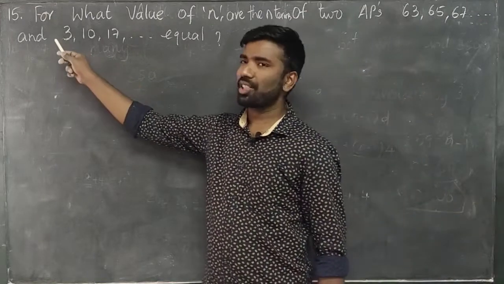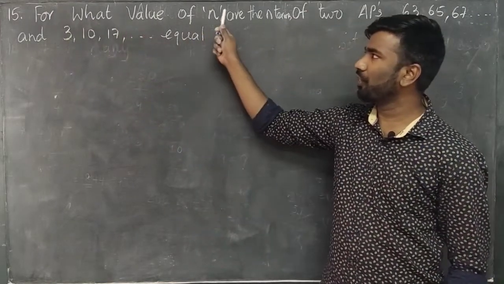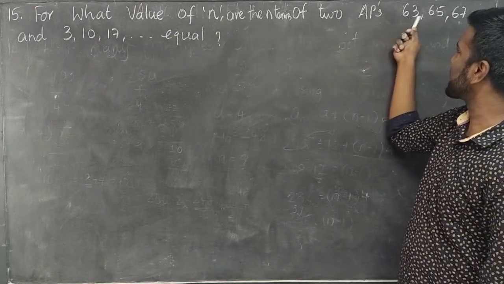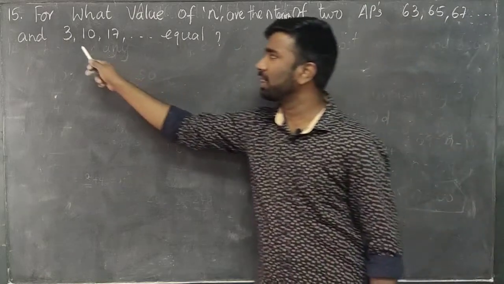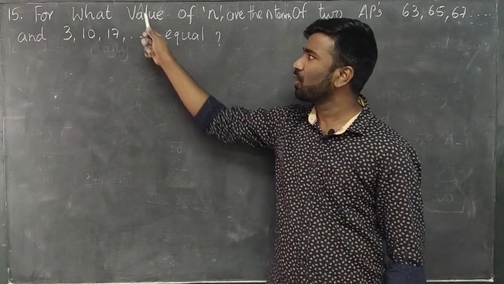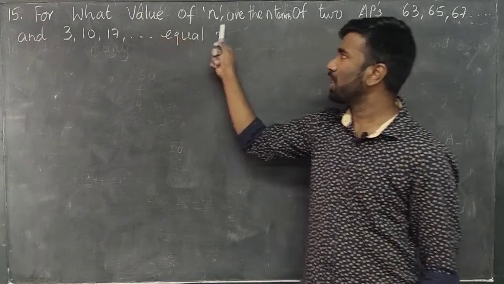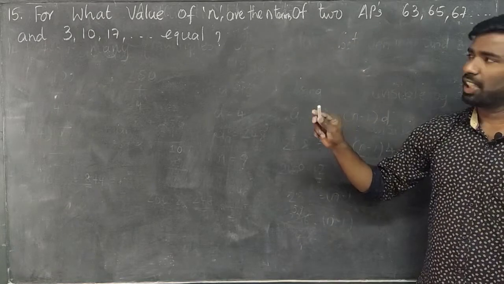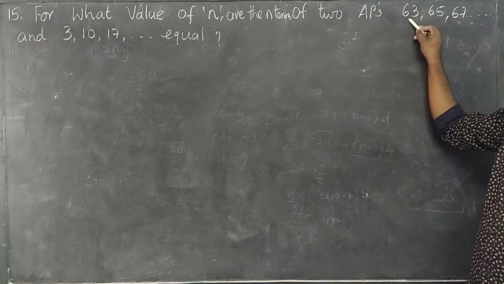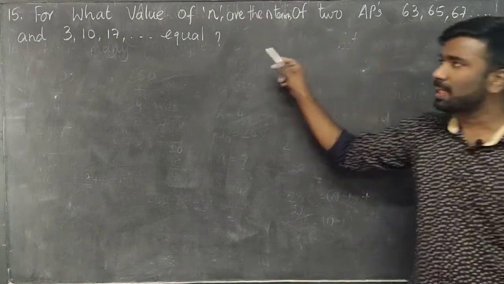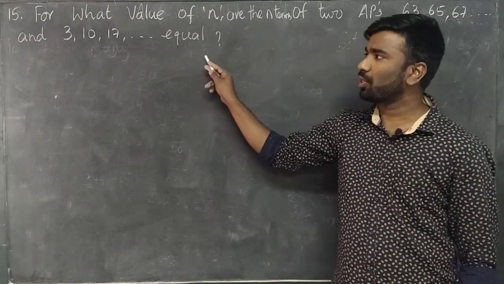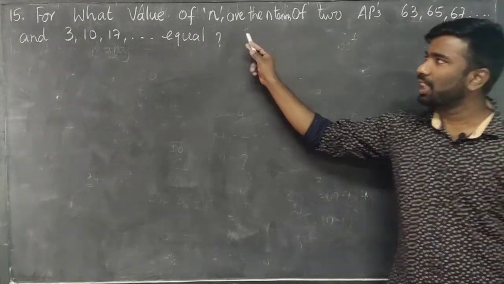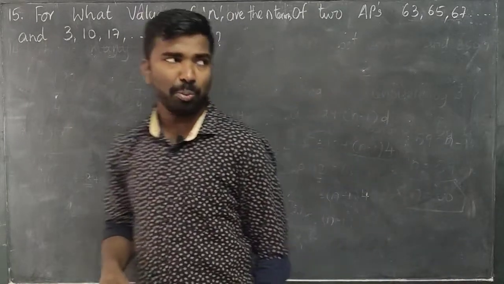Students, moving to next question. For what value of n are the nth terms of these two APs, that is 63, 65, 67 and so on, and 3, 10, 17 and so on, equal? For what value of n is the nth term of these two APs equal? Now for the first AP we should find out the nth term. The same way for the second AP we should find out the nth term. We should equate the nth terms of these two APs, then we should find out the value of n. Now moving to the first AP,